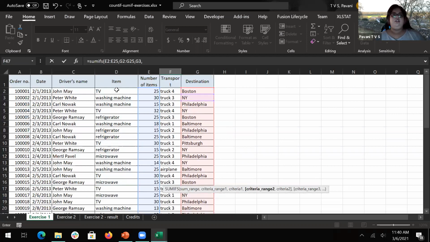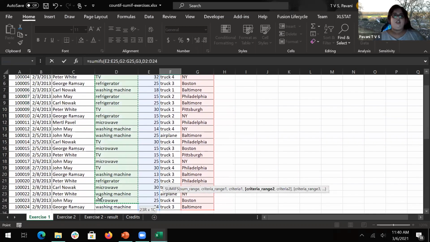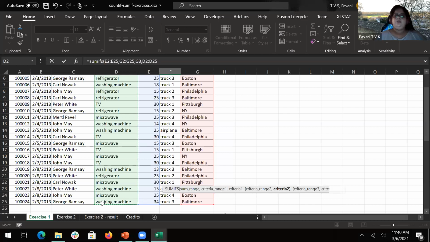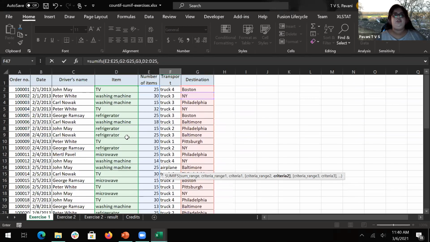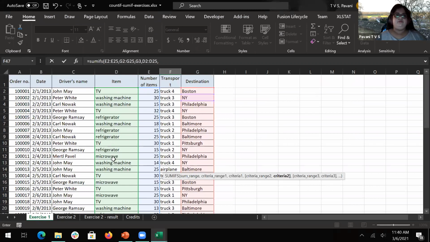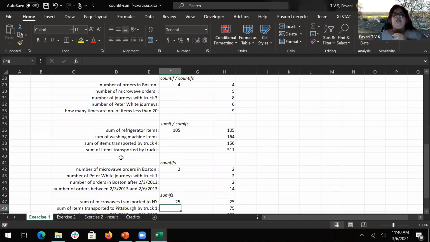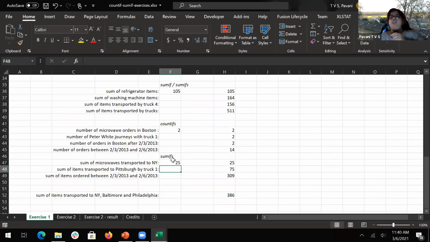And what I'm looking for is microwave. This is my second condition. So now it will give me only values which have New York and microwave. It will add those values and give me 25. This is the answer.